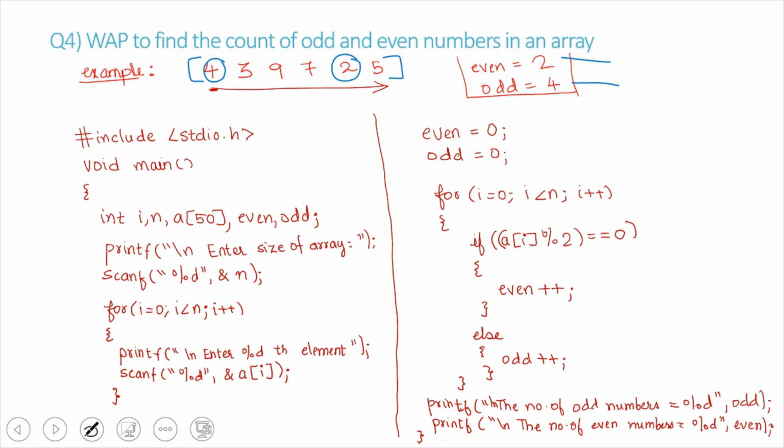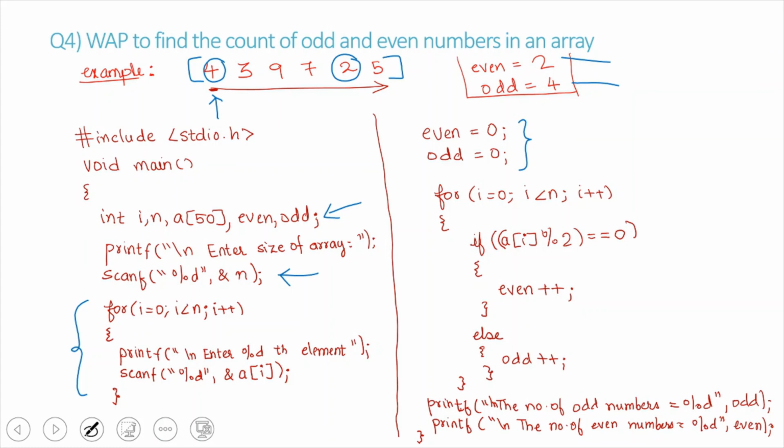So we want to initialize the variables. The user is prompted to enter the size of the array which is stored in n, and using a for loop we are going to read the array. Then we are going to set the two counter variables even and odd equal to 0. Then we are going to check each element. First element we will take, then we are going to check if percentage 2 is equal to 0.